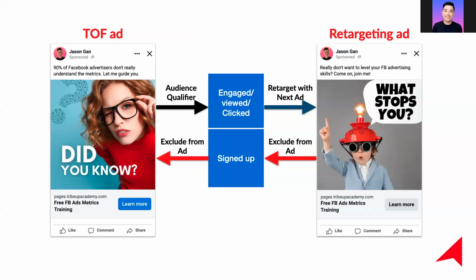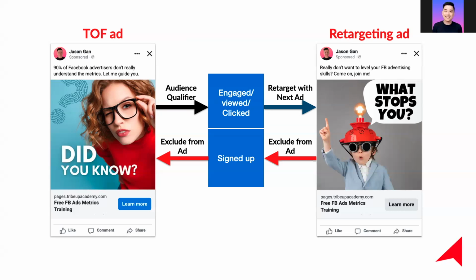So when this is set up, it becomes an evergreen campaign that constantly brings the core audience in, reels the audience in, excludes them from one, shows them the other retargeting ad and excludes them from that one. So this becomes an evergreen. This is actually the simplest example of a Facebook ad or Meta ads strategy. This is what I mean by making sure that we're not wasting the budget doing the wrong things.